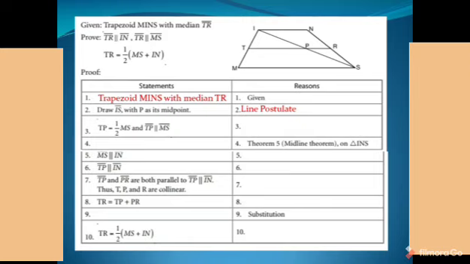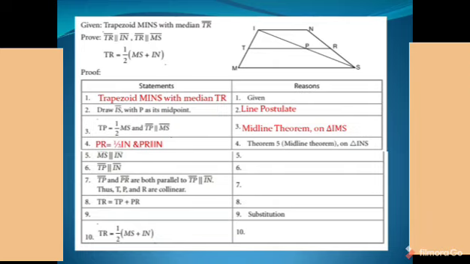For the third statement, you have there that segment TP is 1/2 of segment MS and TP is parallel to segment MS. What is the reason? That is midline theorem on triangle IMS. Now, what would be our next statement that the reason will give us the midline theorem on triangle INS? That would be segment PR is equal to 1/2 times IN or 1/2 of IN and PR is parallel to